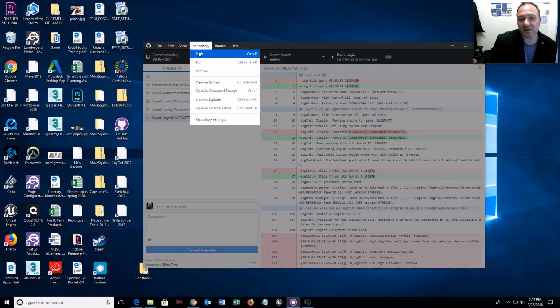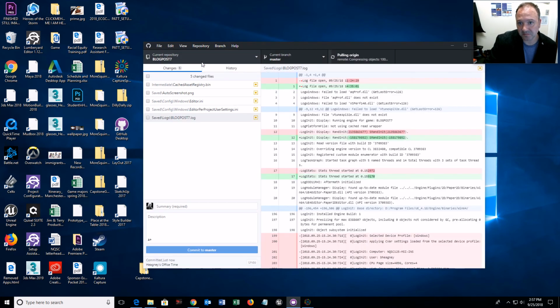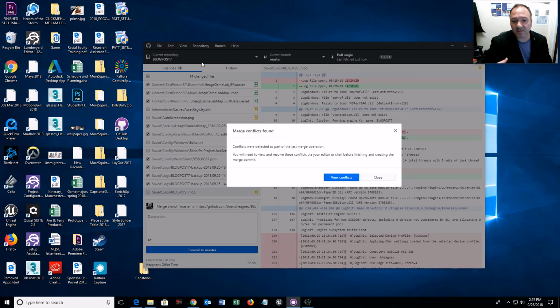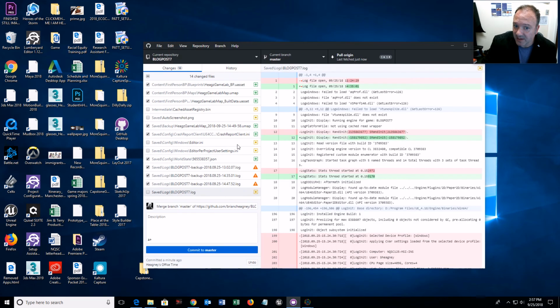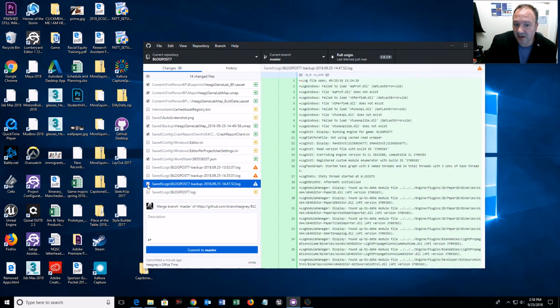So what I'm going to do is click repository pull. Okay? And it's going to tell me conflicts were detected as part of the last merge operation. I will need to view and resolve these conflicts via my editor or shell before finishing and creating the merge conflict. So I'm going to click view conflicts. Now, all these things here are my conflicts. So what I'm going to do is uncheck those conflicts. Look, they're really just logs. And what I'm going to do there is type a description,